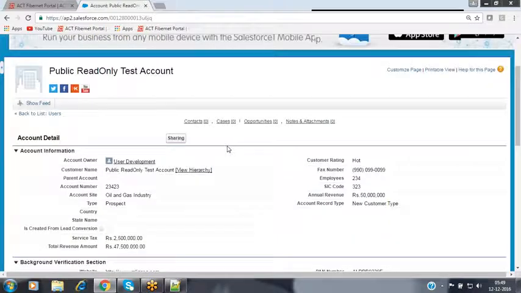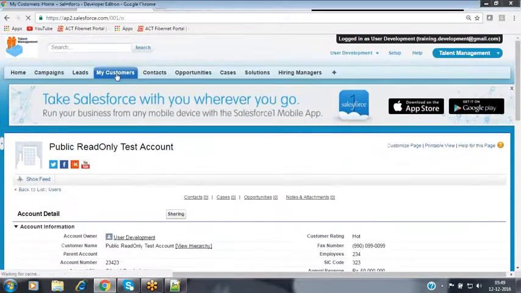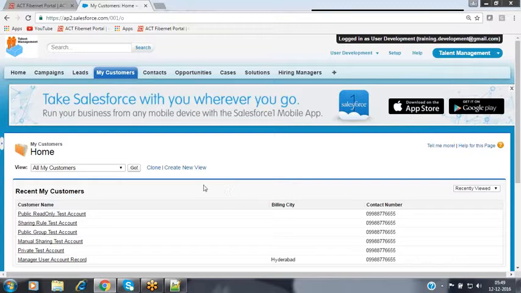Now let's see one more option. When you click on My Customers, we should have the New button to create a new record. But this person does not have the rights to create a new record here. He cannot add any transaction history. He can just see the existing transaction history of what he has done. So in this kind of scenario, depending upon the checkboxes we have selected inside the profile level object level permissions, the associated buttons will be visible to you here.